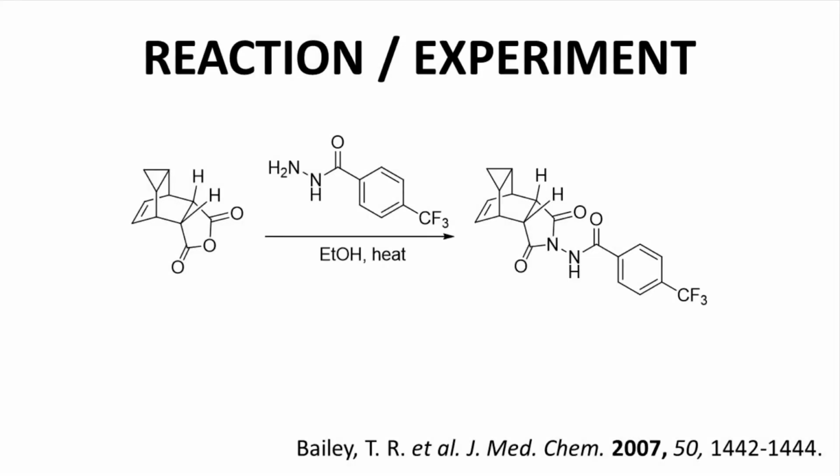Finally, here is our reaction. The procedure I am following for this reaction has been adapted from the reference at the bottom of the slide. The structure on the left is an anhydride. It may be difficult to see the anhydride within this complex structure, but the cyclic anhydride is in the lower right corner of the molecule. While the key functional group in this structure is an anhydride, I will frequently refer to this structure as the cycloadduct